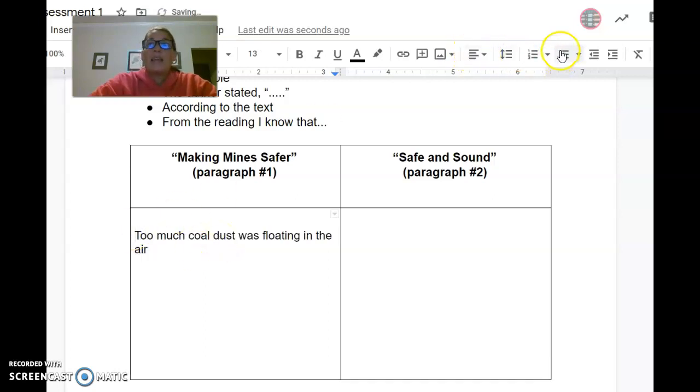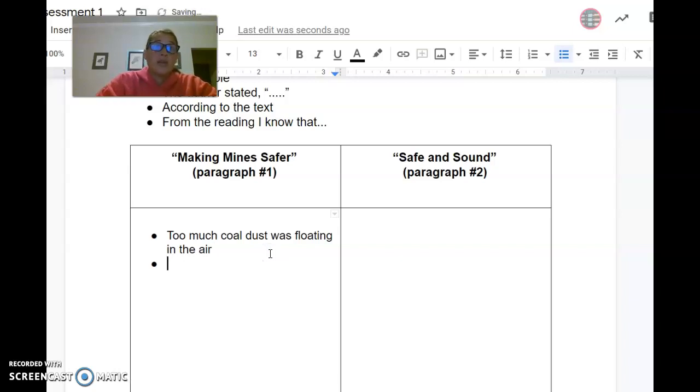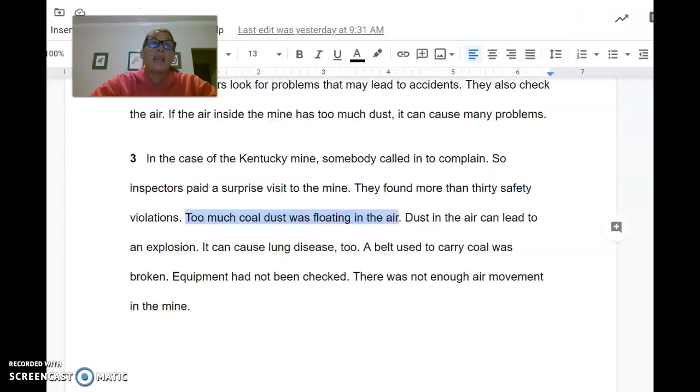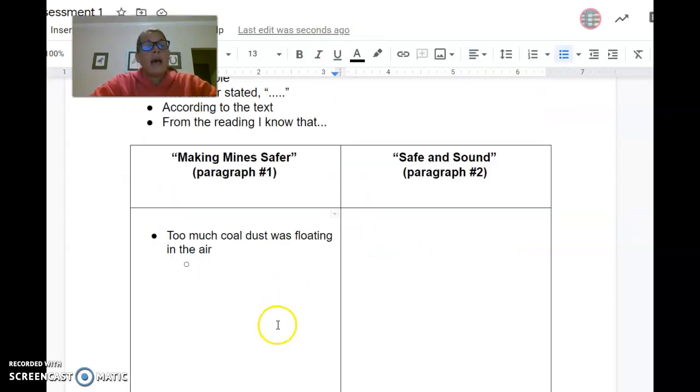And I might even want to say, ooh, too much coal dust was floating in the air. This is dangerous because, and then give examples of why they said this is bad. They said too much dust in the air can lead to an explosion, and it can cause lung disease.